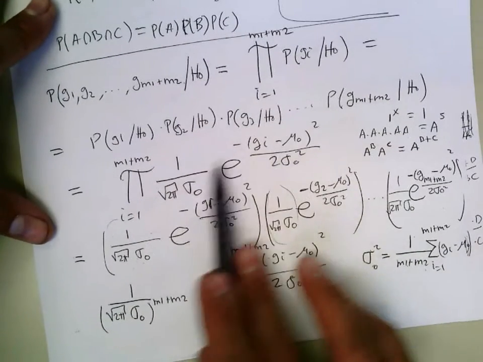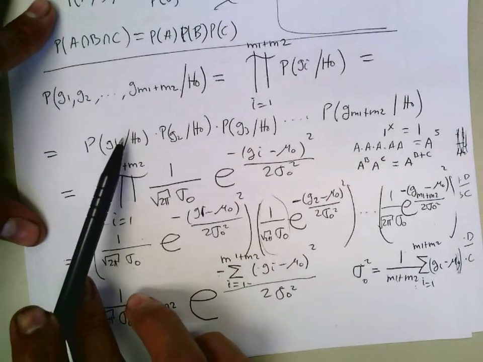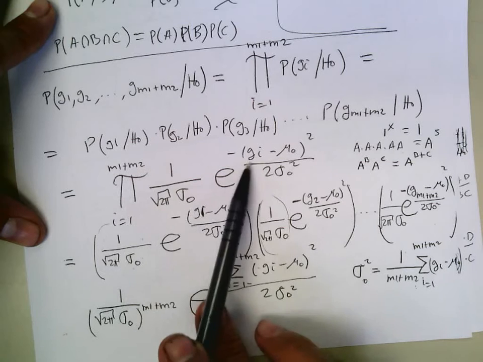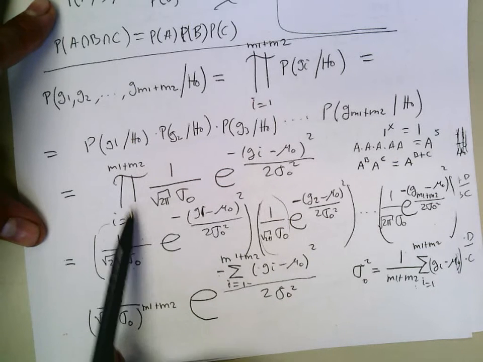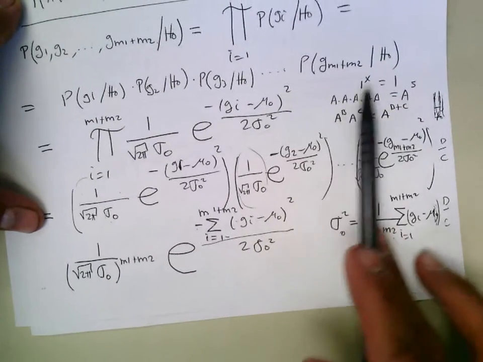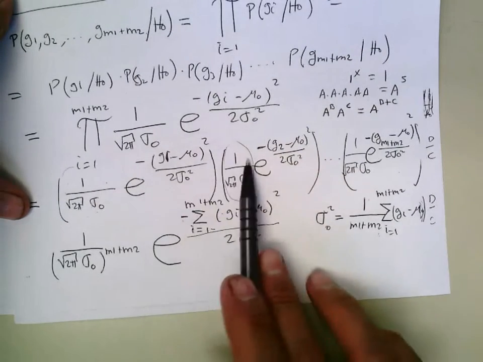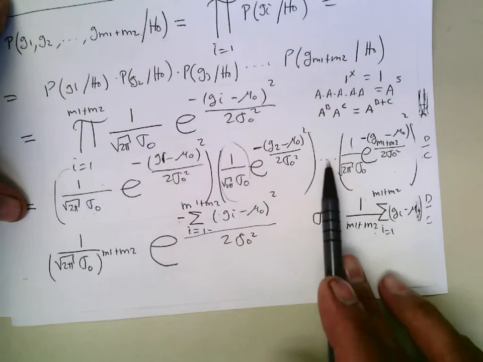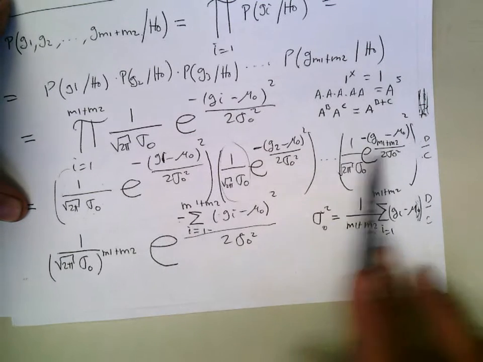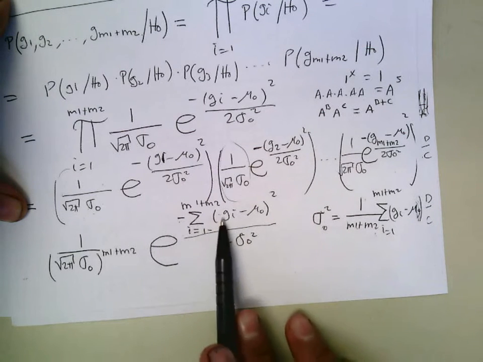Since this comes from a normal distribution, each one of these probabilities can be substituted by this formula, in which i goes from 1 to m1 plus m2. Then we expand it, with a quick review of exponents in case you don't remember what is going on. If we expand, this is what we have, and the three dots mean the first two elements and so on up to the very last element. Then we see there is something we can simplify.